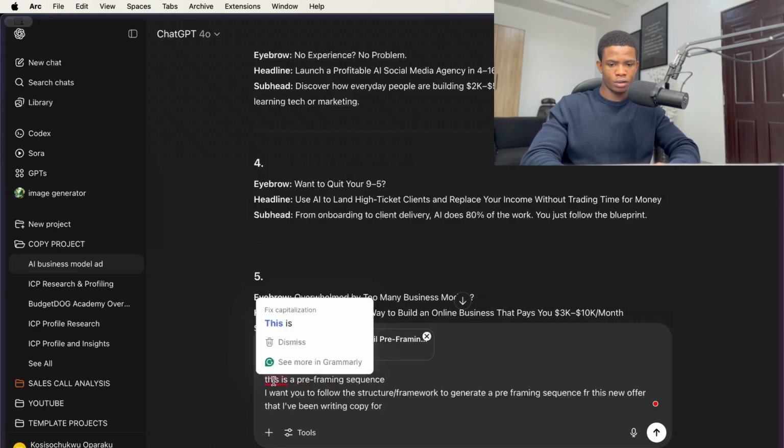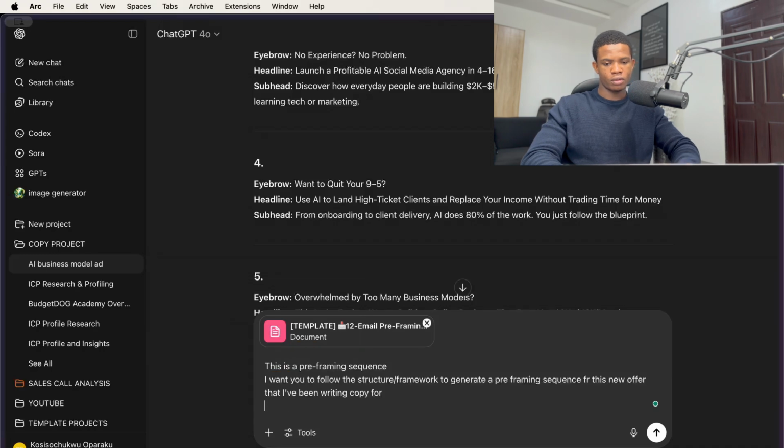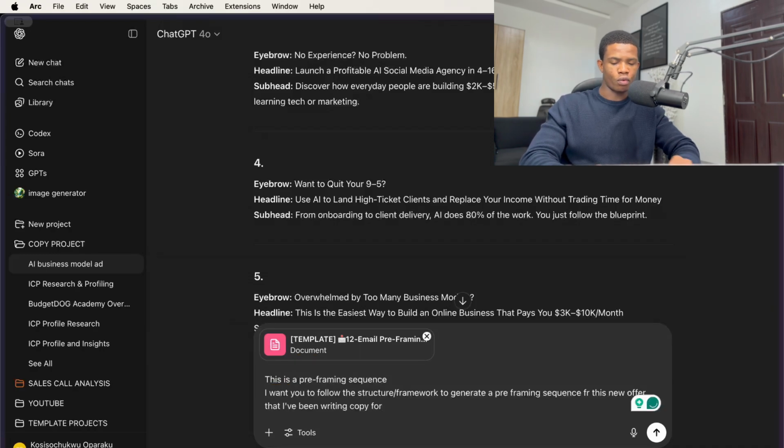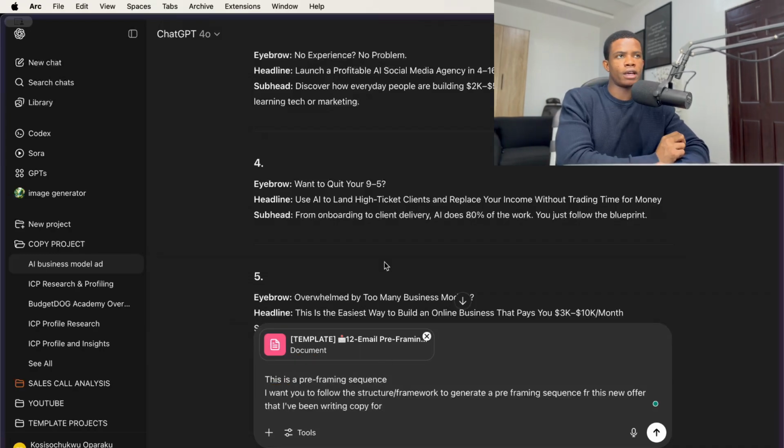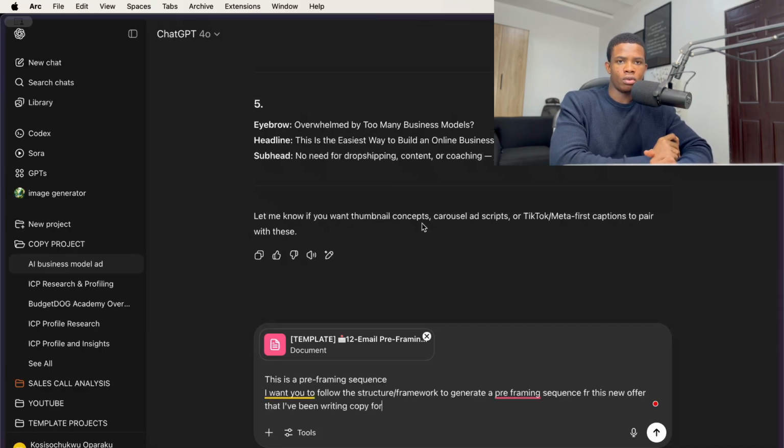So for this one, we really don't need to do much. Ideally, we want to add context and tell ChatGPT, hey, these are testimonials that we want to add. But this one is an imaginary offer, so we do not have that leverage. So we're just going to ask it to generate this. But ideally, when you're doing this, you want to tell it to actually use the context that you provide with the project. So we say